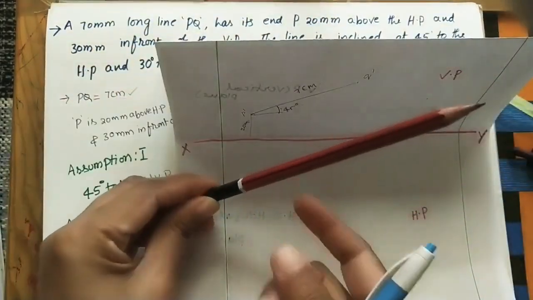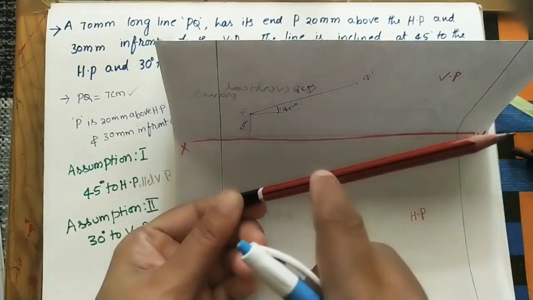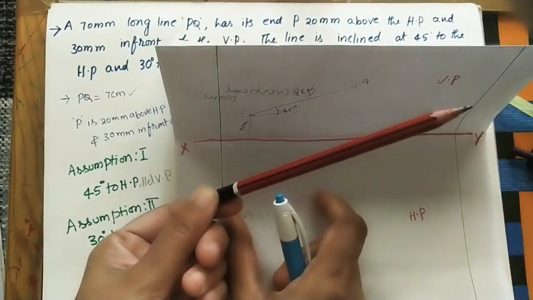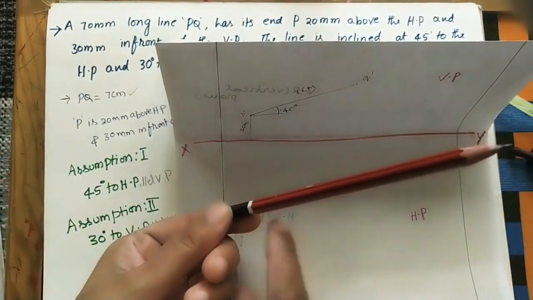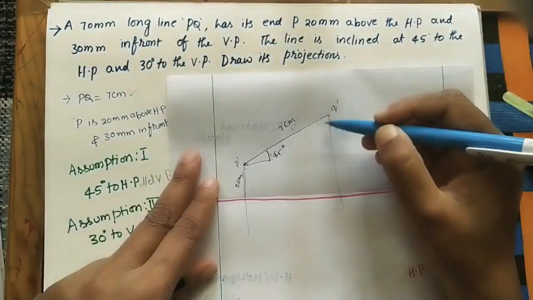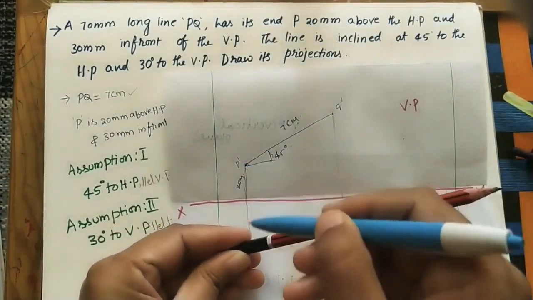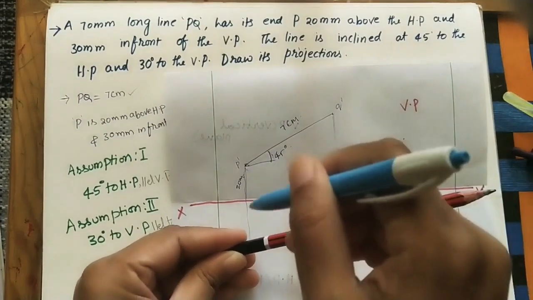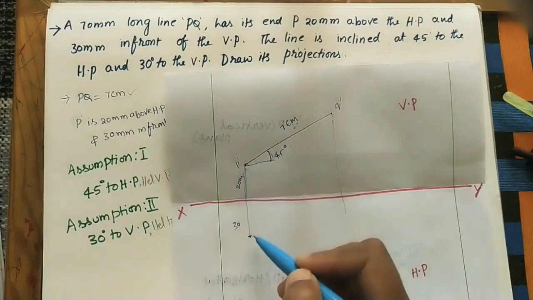Now we did the front view of this line. Now here we have to do the top view. In the top view we can see the inclined line looking like a horizontal line. So for getting that length, this horizontal length is less than the true length. Here we have to do the projector lines. How much distance from the vertical plane? It is 30 mm. So at 30 mm we have to get the top view.